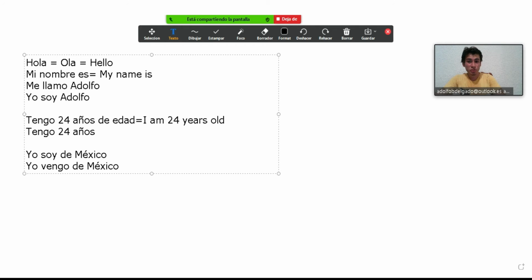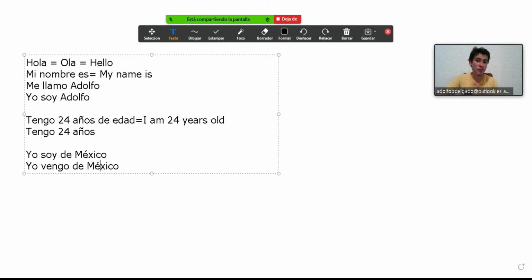If you don't want to use the accent marks, it's okay. But remember, when you don't use the accent marks, you are being informal. So it's up to you.